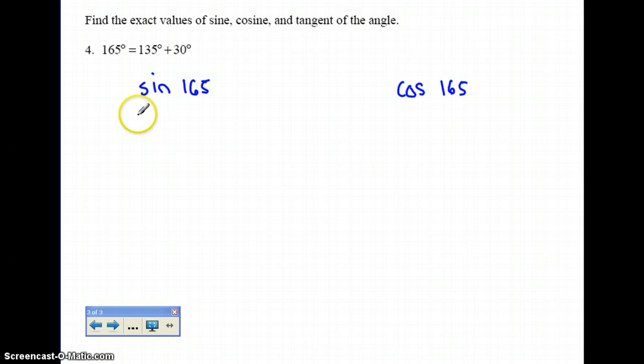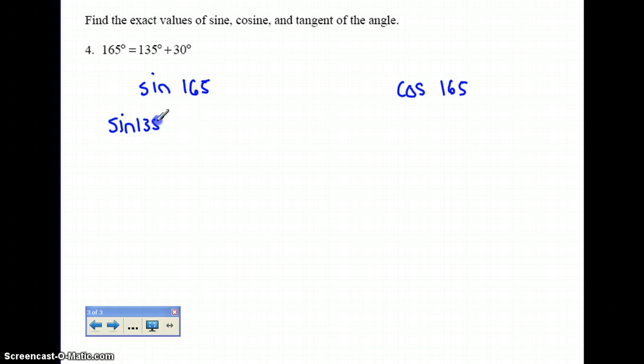So let's start off with the sine of 165 and find that exact value. I'm going to be adding 2 angle measures that get me 165. So I'm looking at my chart and saying, hey, what gets me that angle measure? When I was looking at 165, I said, hey, I could add 135 and 30 because they're both on the unit circle to get me 165. So I know it's going to be the sum